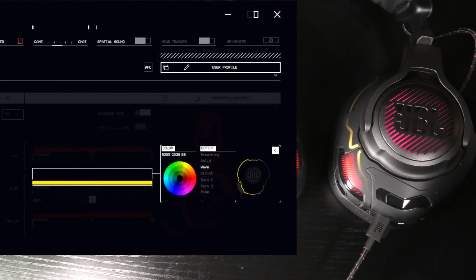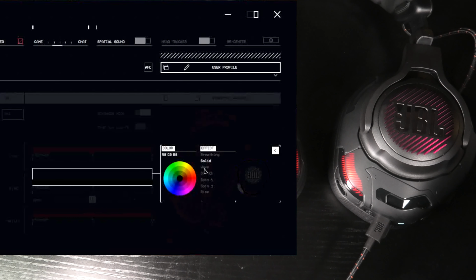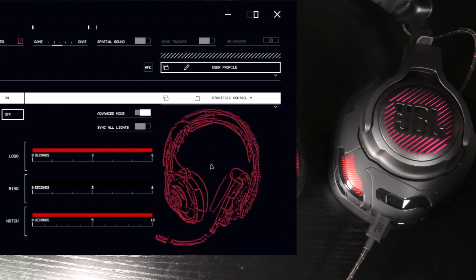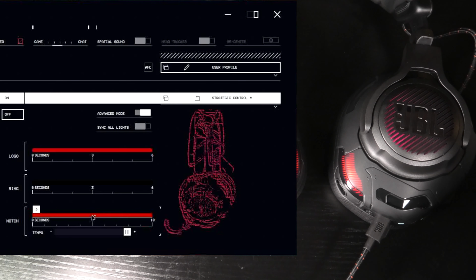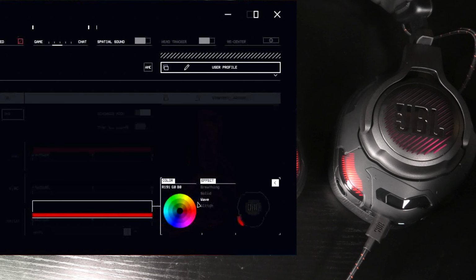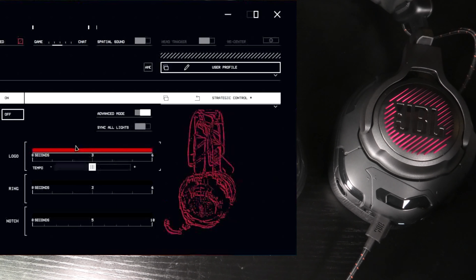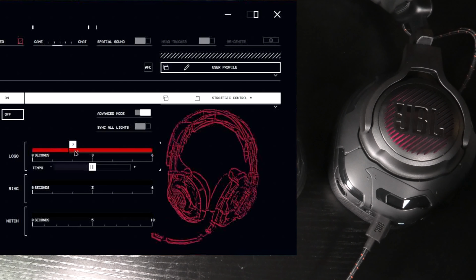Now I do believe I mentioned this before, that you can also disable the effects by just selecting the black as the color. So you see here right now I have disabled the ring, so the ring is not illuminated at all anymore, and also the notch. So now at this point only the logo is lighting up. So in this case we have here the red wave effect,